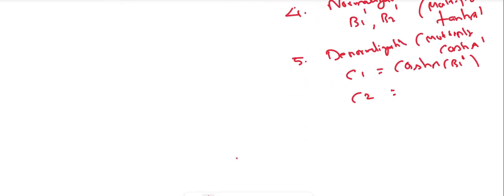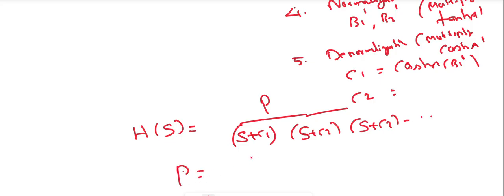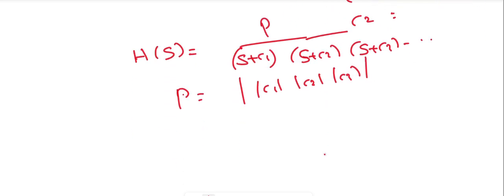Once the poles are determined, the analog transfer function can be written as P by S plus C1 into S plus C2 into S plus C3. So the P is equal to C1, C2 and C3. So once you determine the order, then determine the poles and translate the poles, then H of S, find the analog transfer function,